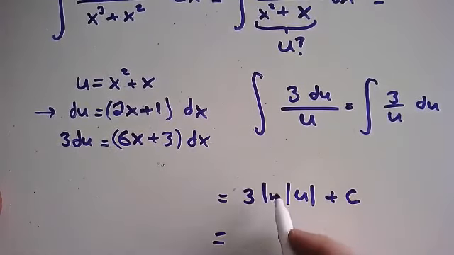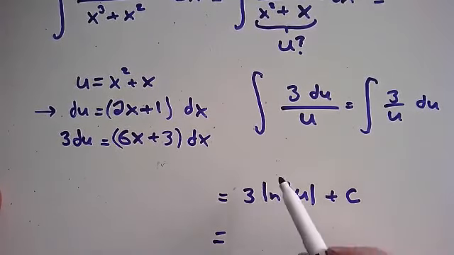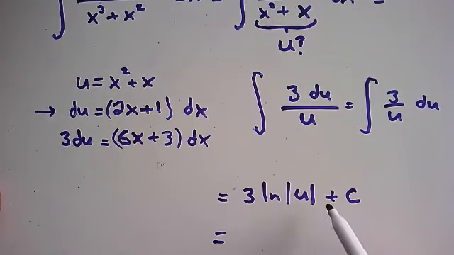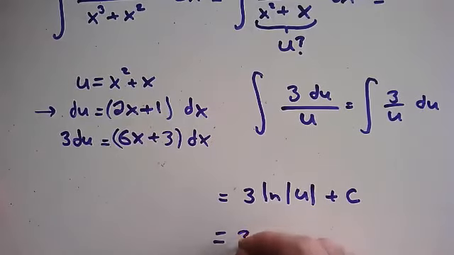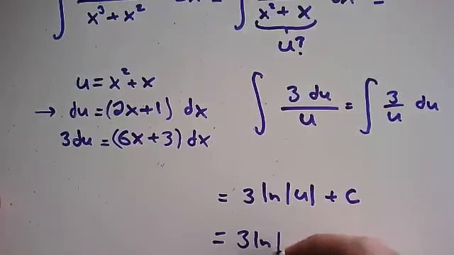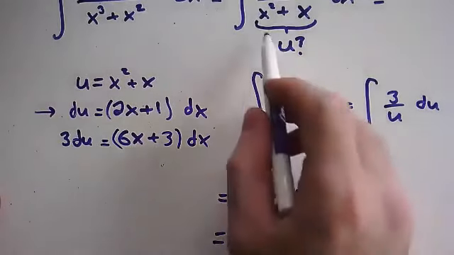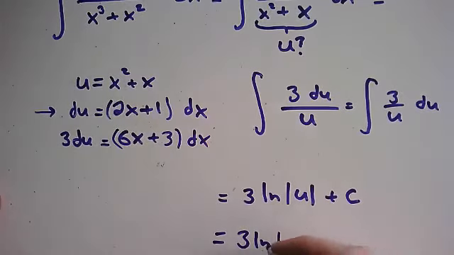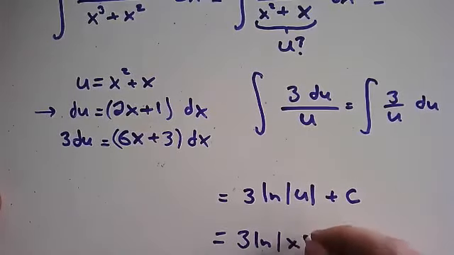And finally, if this is a quiz or exam, if you leave it in terms of u, you'll probably get 3 points out of 4. If you forget your plus c, you'll probably get 3 points out of 4. So just make sure after you've done all this hard work that you write the final answer in terms of x and you include that constant. So my choice of u was x squared plus x, so 3 times the natural log of the absolute value of x squared plus x